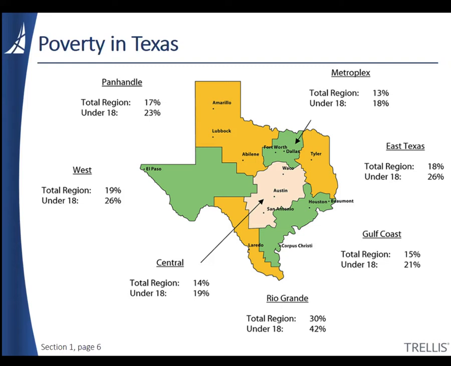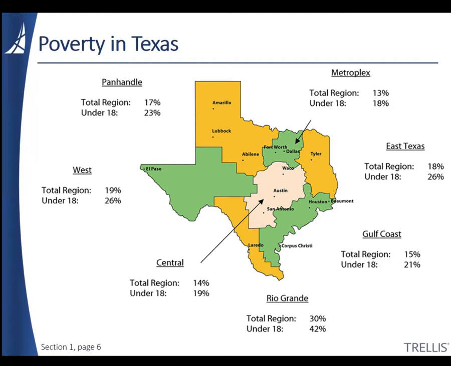Stepping outside of the academic track a bit, let's take a look at the bigger picture of poverty rates. Texas had the 14th highest poverty rate in the nation, with 15.6% of Texans living in poverty in 2016. In that year, poverty was defined as having an annual income of $24,339 or less for a family of 4 with 2 children, or $12,486 for an individual under 65 years old.